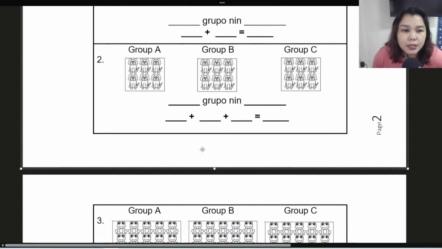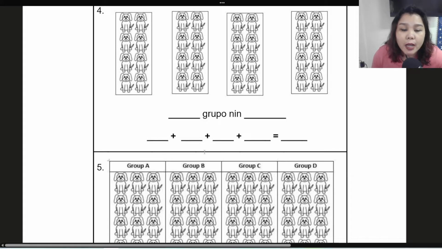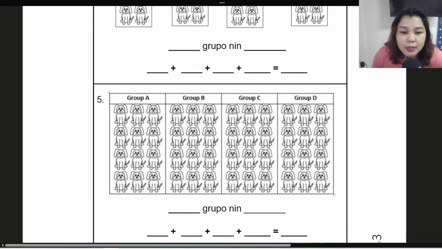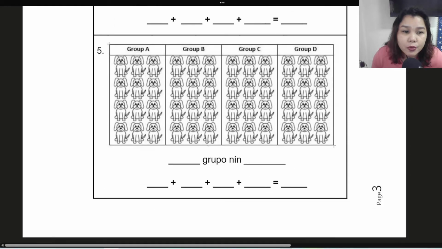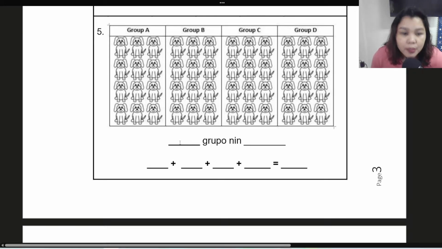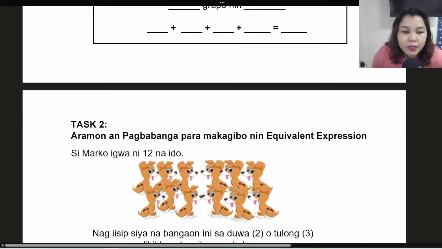Okay. So that's what you have to do for numbers 1 until number 5. Caution lang, you need to be careful in counting them. Baka kasi may makalimutan, you may miss one object, or baka you will count more than what is in each group. Okay, that's what you have to do until page 3. Okay, if you are done, or pause muna or let me finish this video before you can go back answering them. Okay, for task 2 naman,